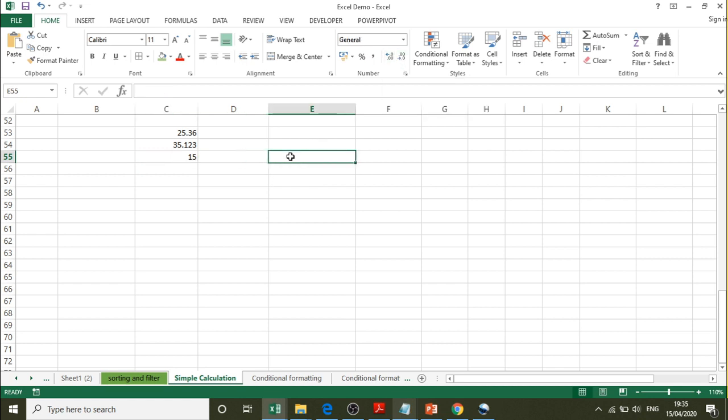If you click on the cell where the 15 is present, observe the formula bar here. It is showing 14.6854, but in this box it is showing 15. That means it is not removing the decimal, it is just hiding the decimal values.